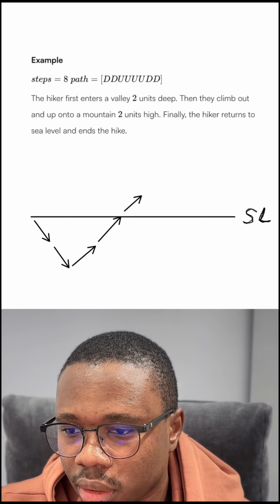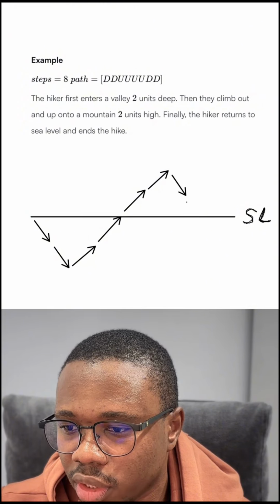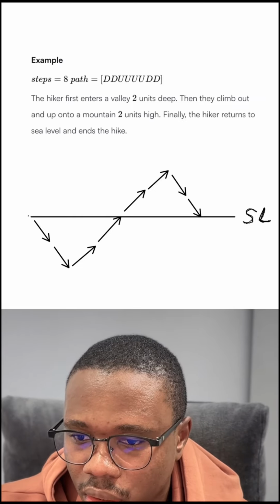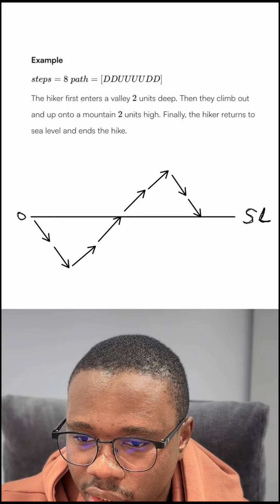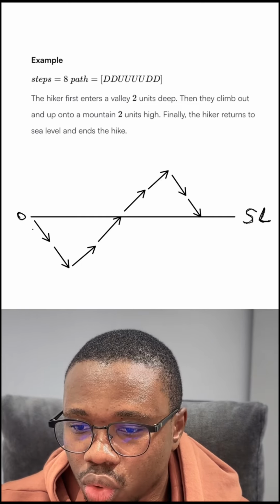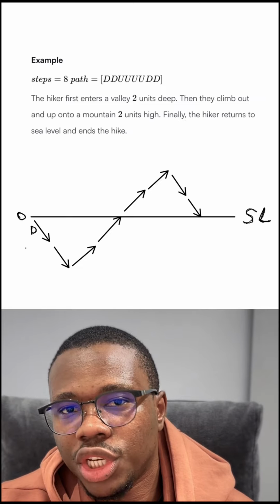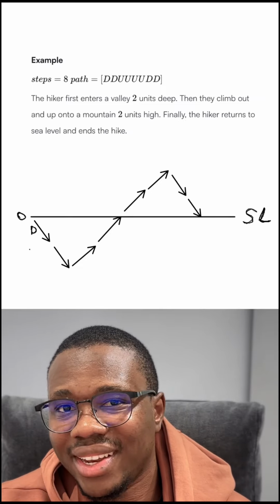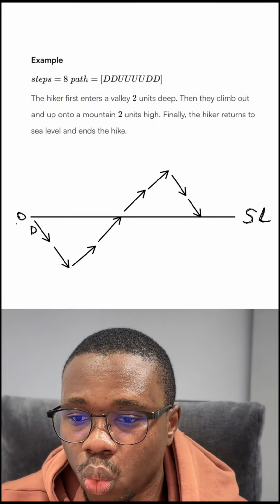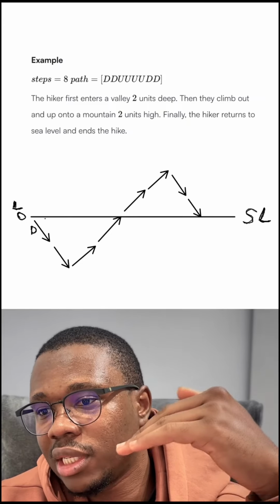I'm going to explain how we'll solve this problem. So 4 uphill steps and then followed by 2 downhill steps, right? So at sea level, the level of our hiker is 0. They took a downhill step. Remember, a step represents a unit change in altitude. Downhill will be a negative change in altitude. So one downhill step will be the level of our hiker minus 1. So they are basically going below sea